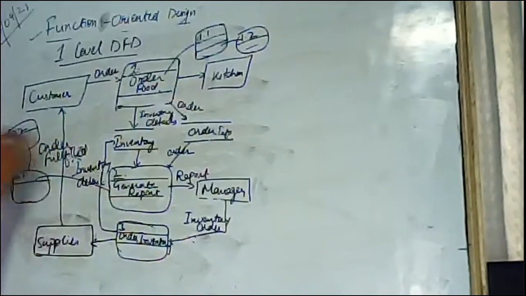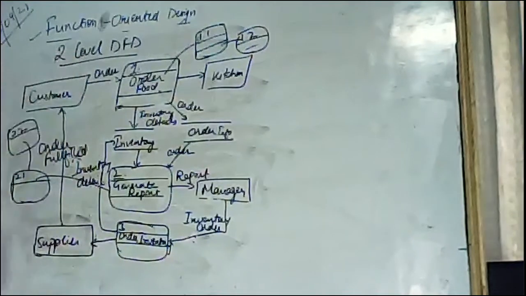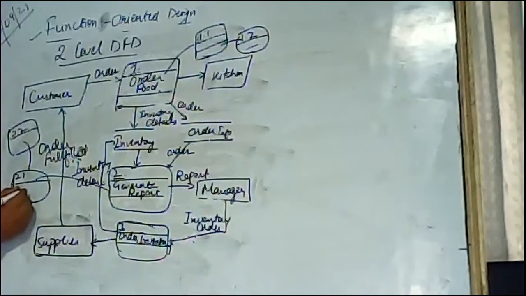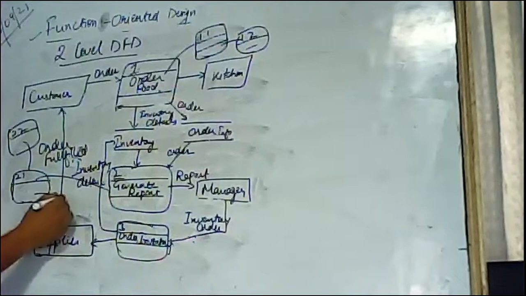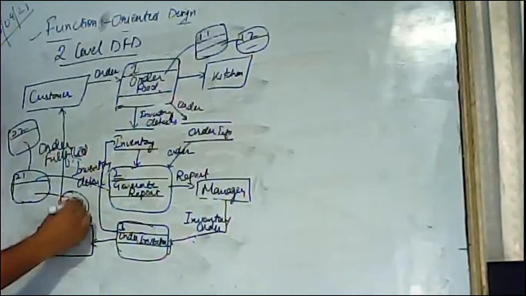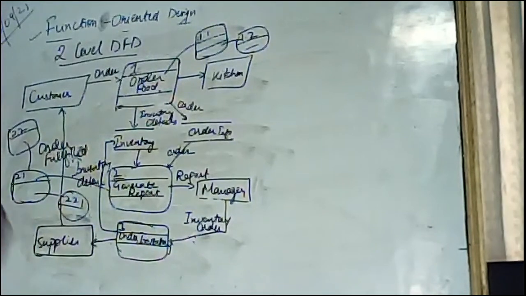This will go to the next level, that is level 2 DFD. And if there is a level 3 also, then we have to draw a level 3 also. Means if it is 2.1, then we will go to the next process, that is 2.2.1. The same way we will elaborate our further processes. These are your DFDs.